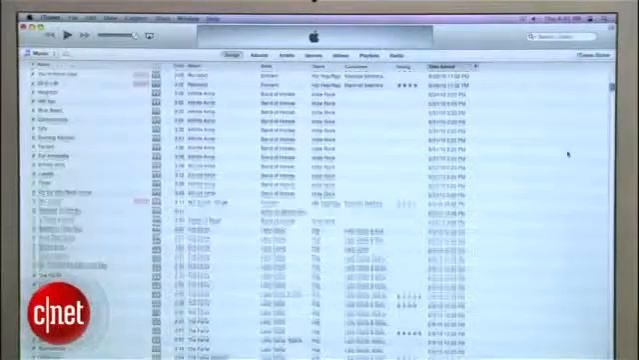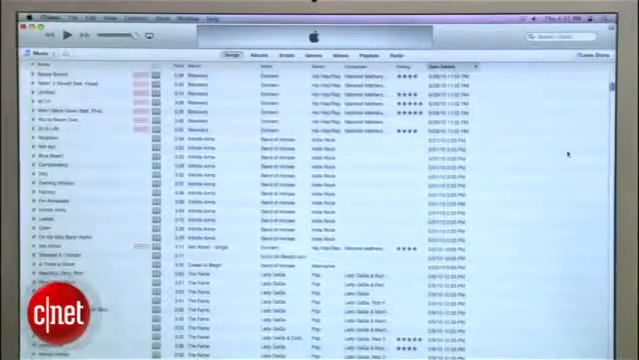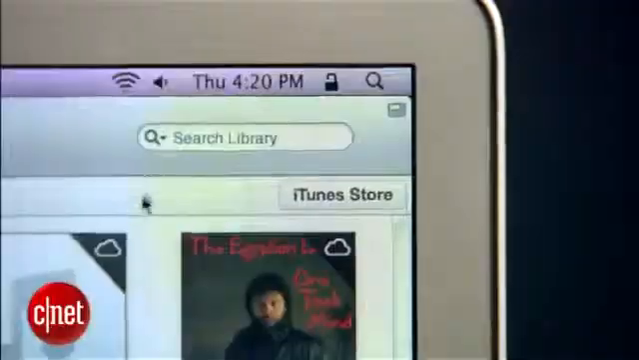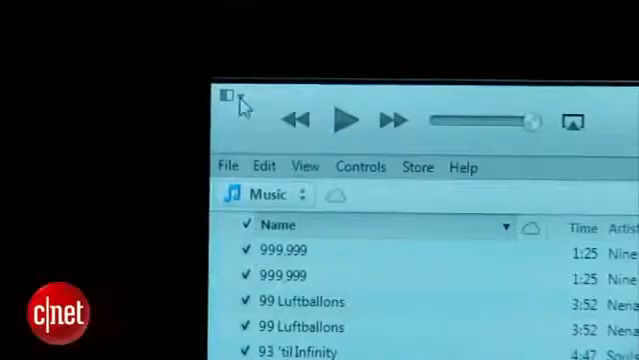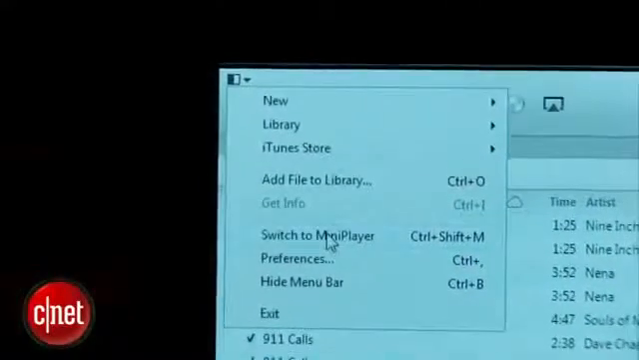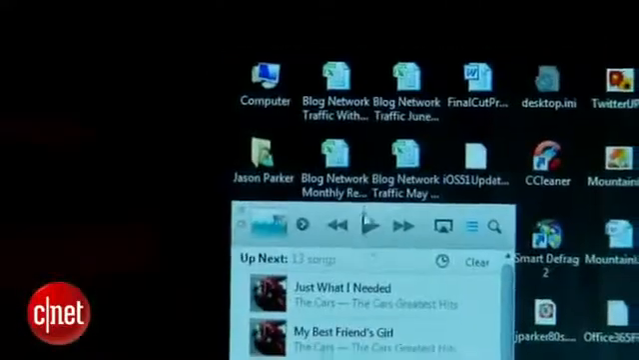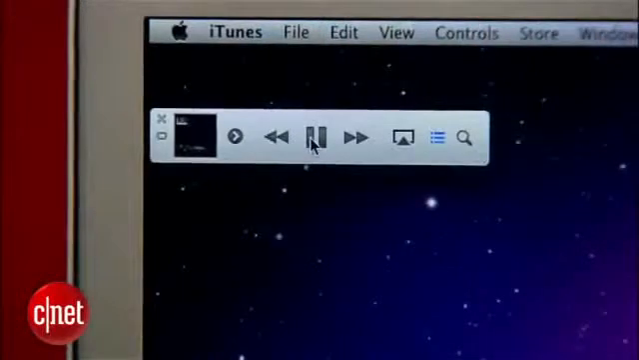Another new interface feature is the mini player. When you don't want to view iTunes full screen, you can click a small button in the top right of the interface on a Mac, or use a menu in the top left for Windows. The mini player takes up very little space on your desktop, but has just enough features to control your music